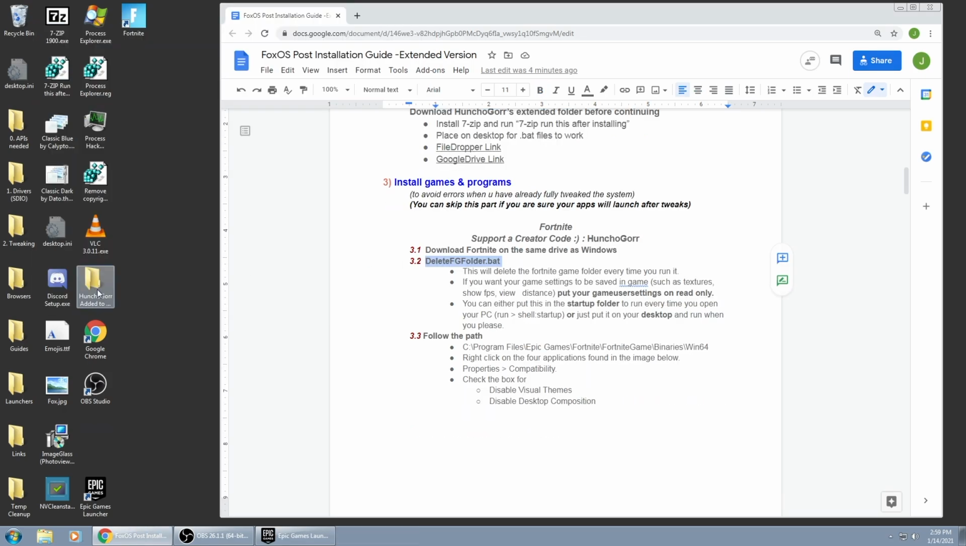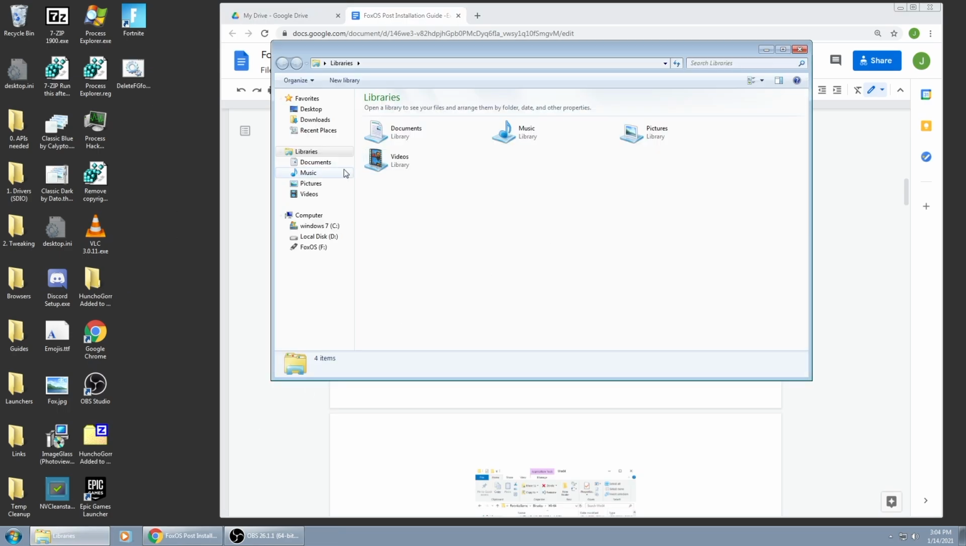The Fortnite game bat file will run and delete the Fortnite game folder every time you run it. So it's going to reset the cache and everything, but it will also reset the textures, the FPS, view distance, and if you play on performance mode. So if you do any of those things, you need to put your game user settings on read only. You can put this in the startup folder or just leave it on your desktop and run it right before you open Fortnite. So now we're going to go into the folder,